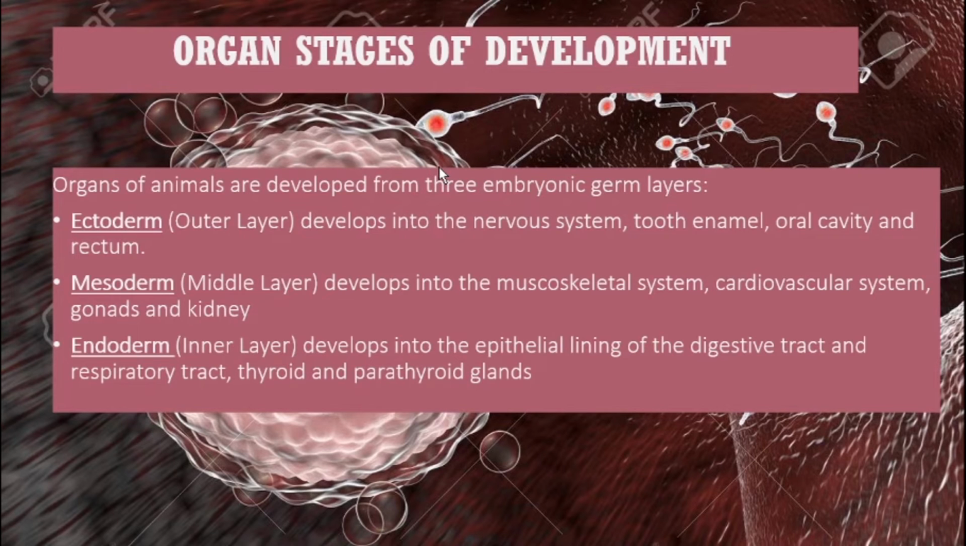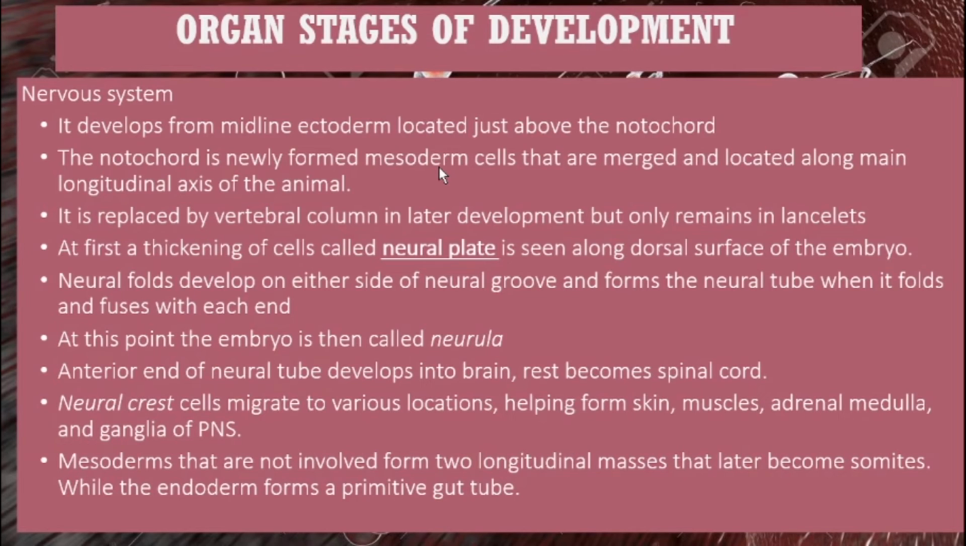So the ectoderm will develop into the nervous system, the tooth enamel, the oral cavity, and the rectum. The mesoderm, the middle layer, will develop into the musculoskeletal system, the cardiovascular system, gonads, and kidney. The gonads are the primary reproductive organs of female and male. And the endoderm, the inner layer, will develop into the epithelial lining of the digestive and respiratory tract, the thyroid and parathyroid glands. So firstly, we're going to focus on the main point, which is the development of the